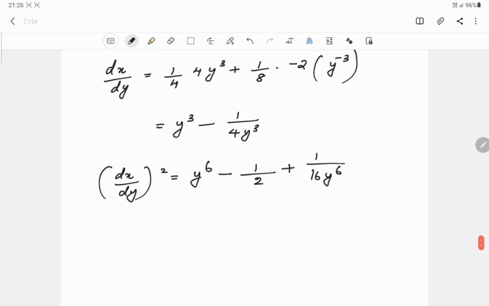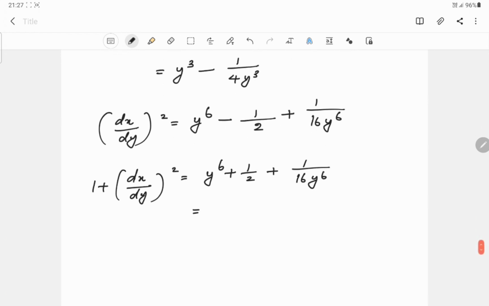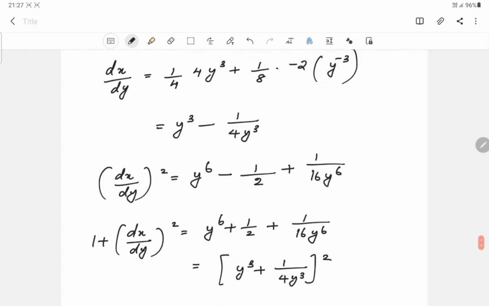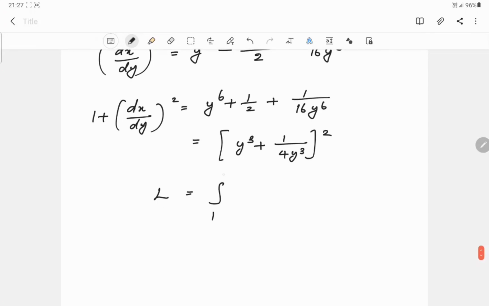Now 1 plus (dx by dy) the whole square is equal to y raised to 6 plus 1 by 2 plus 1 by 16 y raised to minus 6, and that's equal to, we can write it as a perfect square, (y cube plus 1 by 4 y cube) the whole square. Now we can find the length by using the formula integral 1 to 2 square root of 1 plus (dx by dy) the whole square dy,